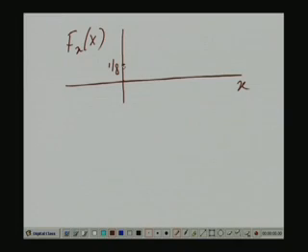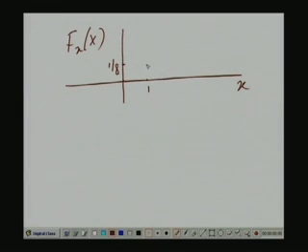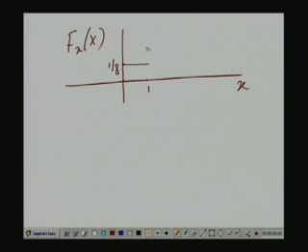And this will remain so until X becomes equal to 1. When X is 1, that time the probability is 3 by 8. Okay. So, what is the probability that X takes value either equal to 1 or less than 1, that is 1 by 8 plus 3 by 8. Okay. So, there is a jump here by an amount 3 by 8. So, that means this point is, if you add 1 by 8 with 3 by 8 you get 1 by 2. So, this is 1 by 2